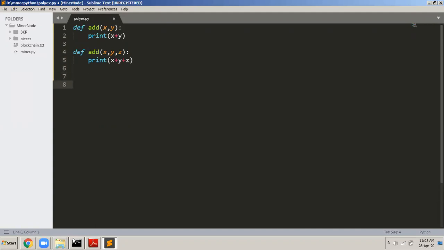And now in the main program, let us make it simple. I'll just say a is equal to 10, b is equal to 20, c is equal to 30, and then I call add, and this time I will pass only a comma b. And then next time I will pass a comma b comma c.